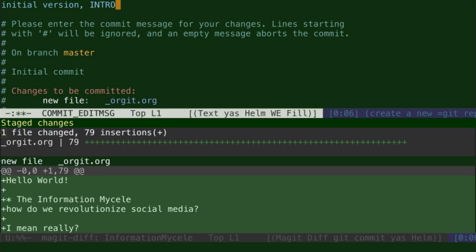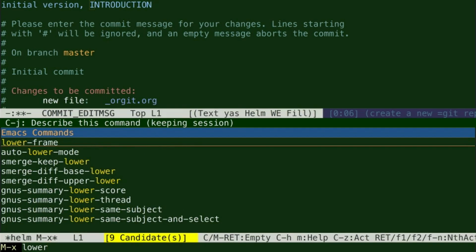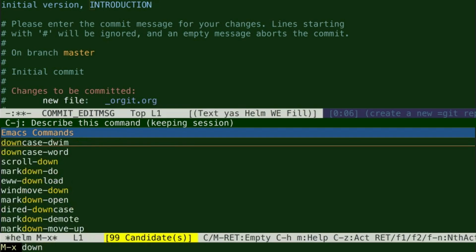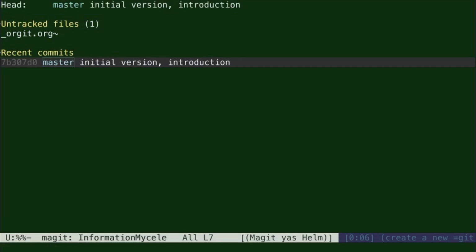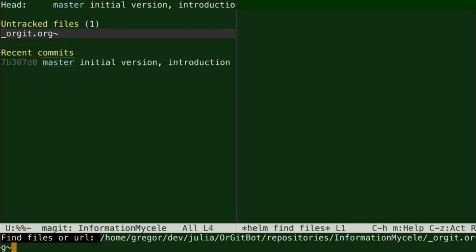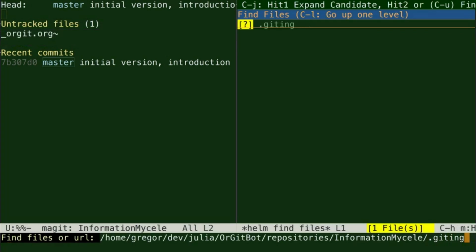So this one is the initial version. It's the introduction to how we're working here. Oops, I had caps lock on, so I will lowercase that with an Emacs command. But now in this Magit we can see recent commits. We have a number, which is a hash number for this state of affairs, of files. And the initial version with the introduction, the master word is actually something that we go into more details later. It's the branch. This is the main thing.